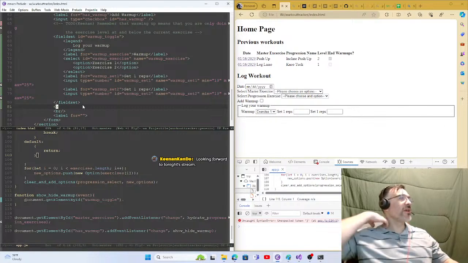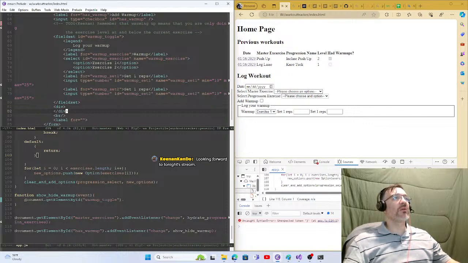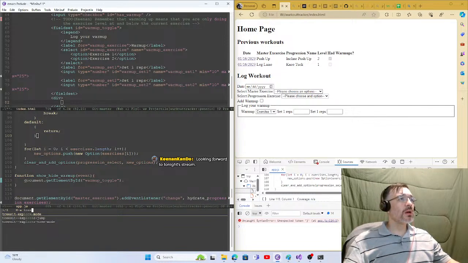Yeah, we have to have the workout master exercise present before we do that. So let's just, I don't know, let's just do a div here for right now. And do I have like lorem ipsum? Lorem, is there a lorem ipsum